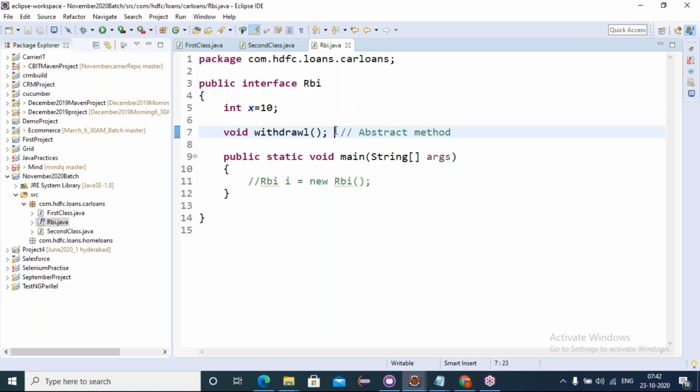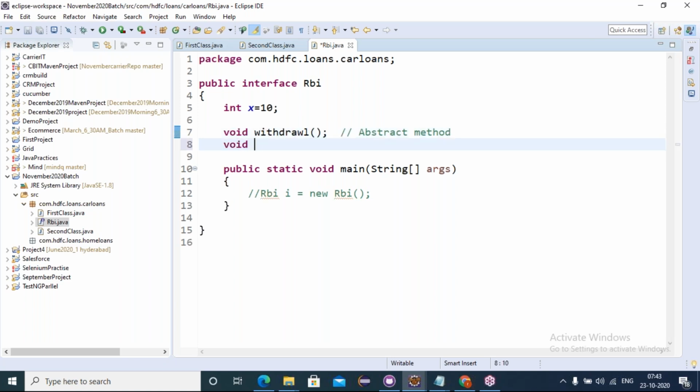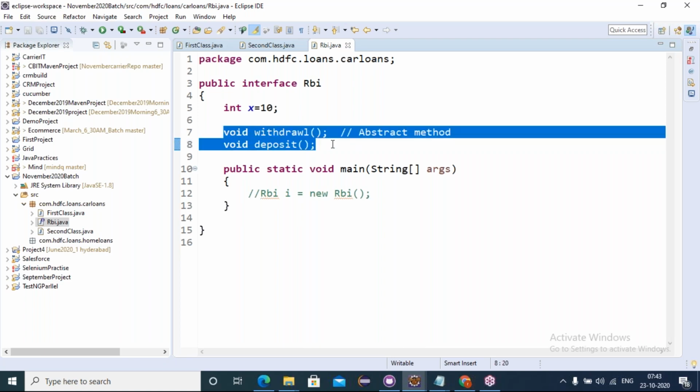So the father has a small desire. He wants to see his son's development in constructing buildings until his last will. So whatever empty lands he has, like withdrawal, deposit, any abstract methods, any properties the father has, those properties will be given to the children.